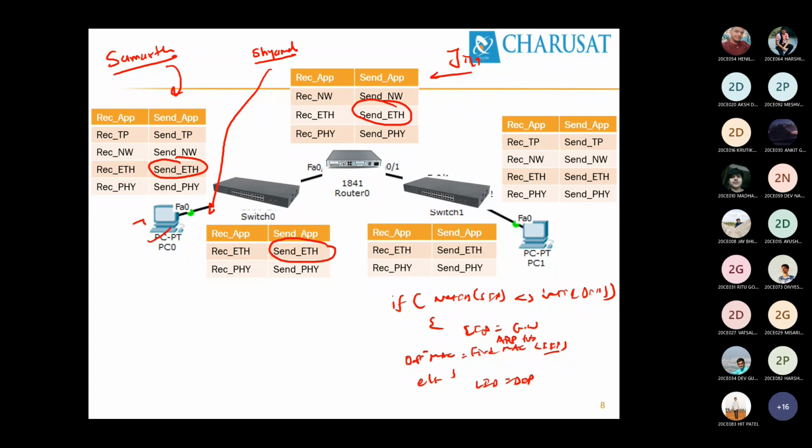That was the case in my machine. My remote desktop was not working. Why? Local IPs are not matching. The IP of this machine was 192 and my machine is 172. So it was contacting the gateway, but the gateway doesn't have an idea where 172 is. And the gateway is also different: 192 of this machine, gateway is 172.16.0.1. Even the gateway was not configured in my machine over here. Gateway was not configured; that's why the PC does not reply, because the PC does not have an idea where to contact.